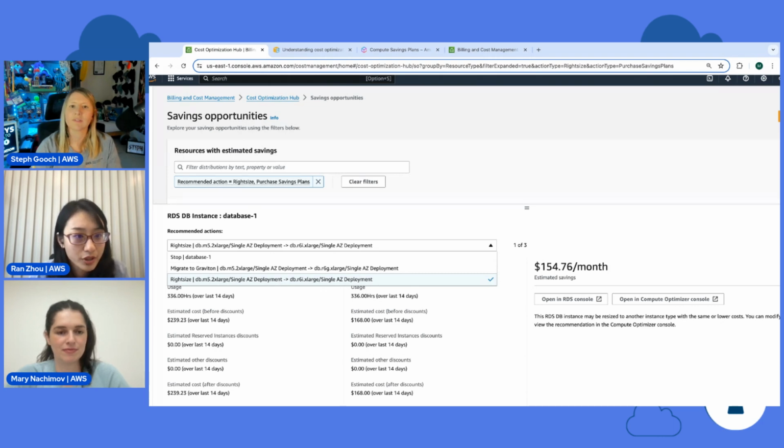We had the options to migrate to Graviton, right size, or upgrade, and we decided to go with upgrade, even though Graviton would give us more savings, because the tool wasn't used that often, and migration would require rewriting the tool itself. So at the beginning, we just took the easy action to upgrade, and that saves us some money, which is good.